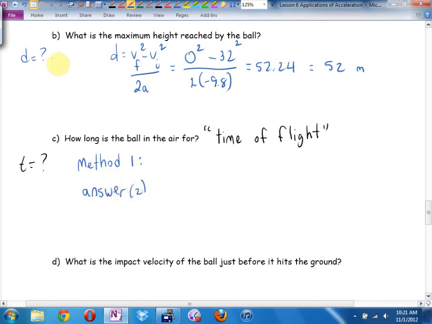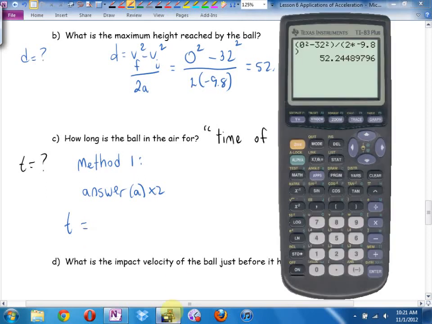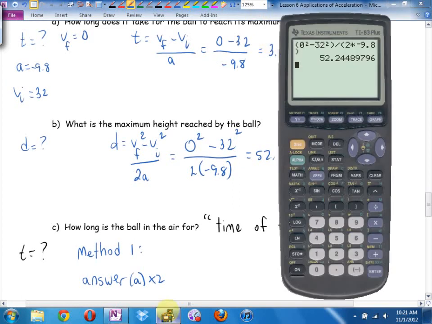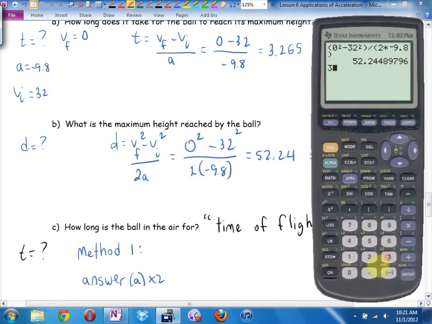Answer A. Oh, answer A, Mr. Dewick. Come on, brain. Times 2. There's one way to do it. And I would do this if I had already found the time to the top. And you know what? I'm going to double this. This is why, Sam, I said give me a few extra digits, because I knew this was coming up. So I'm going to double the 3.265 times 2,